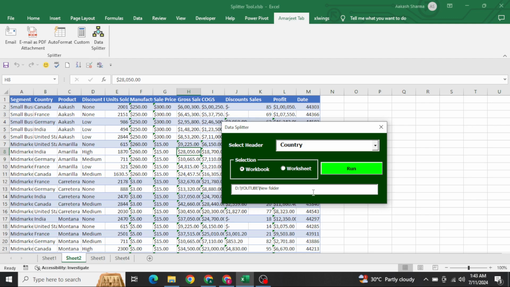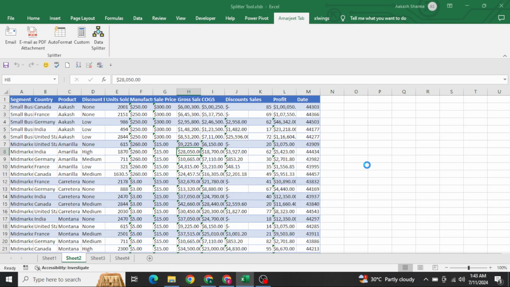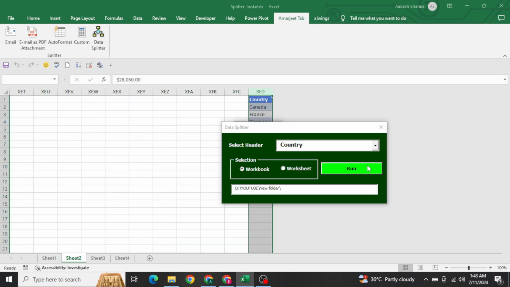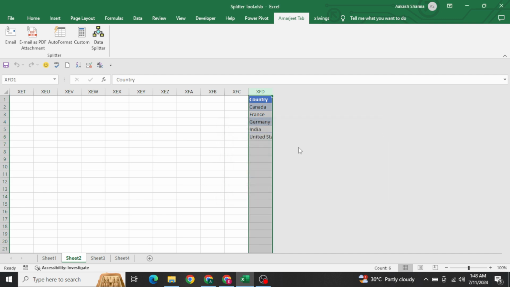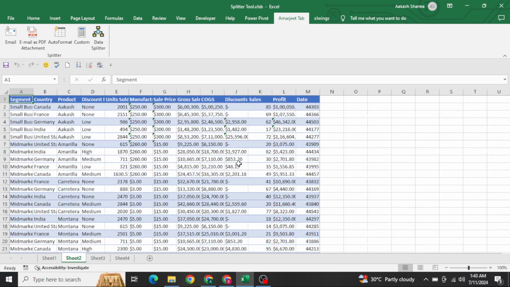For example, in my case, this is the path where I want to save all the files. If I paste it here and run it, you will see there is a lot of coding, and I have not written even a small one-line code here. Just let me show you. As soon as it is done, I have not given a message box, so it directly got stuck here. If I close it, it is still running. Just run it. Okay, done. If I close it, you can see what it is doing. I'll tell you later on.